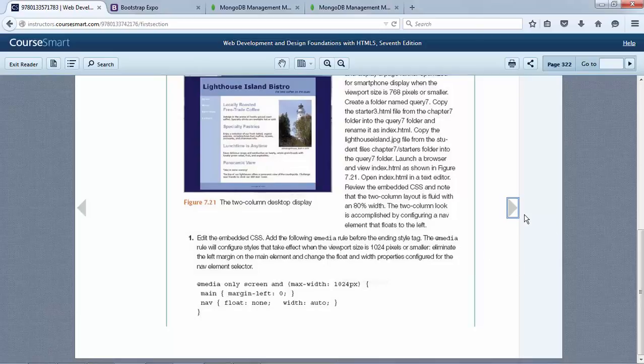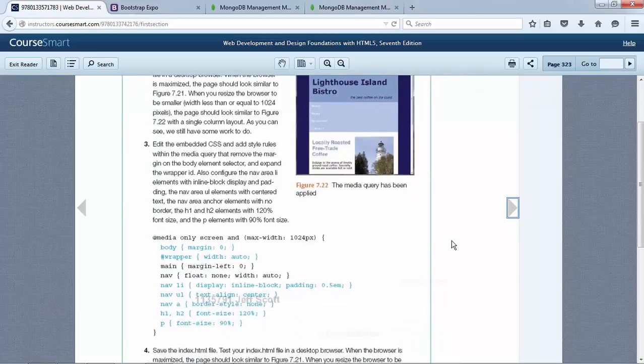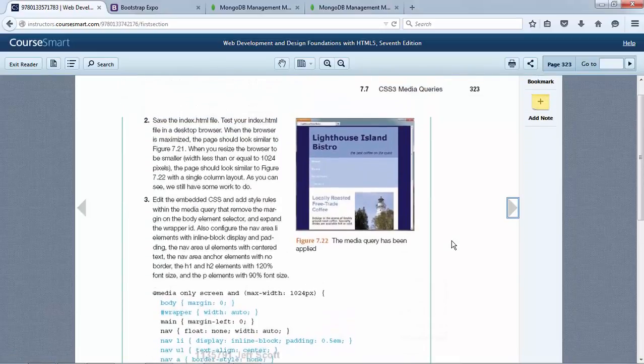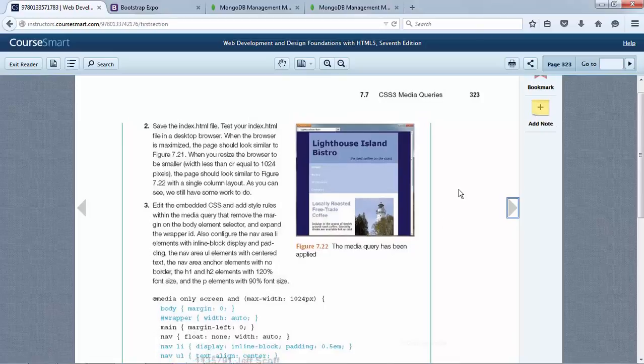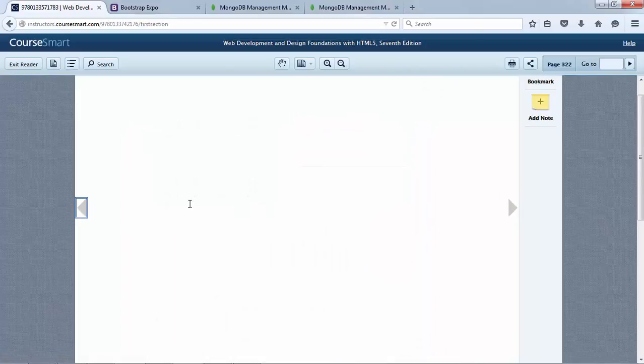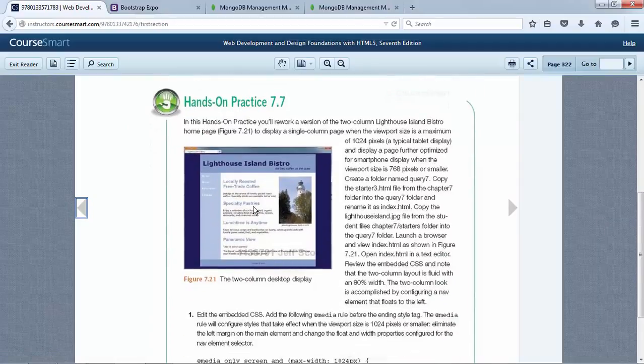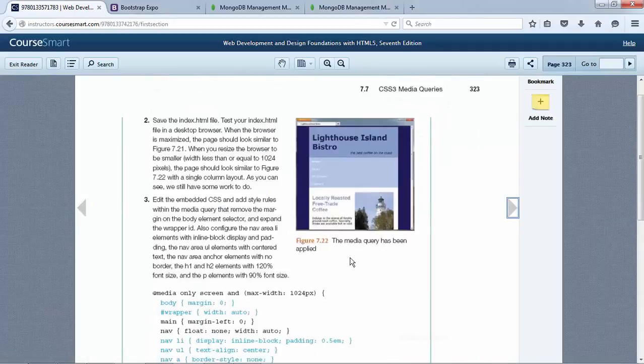And then they come in on the next page and they're resetting the media query. They want the max width, it looks like on the bottom of page 323, to be 768. So you'll see as you start to move this around, you went from a 2-column format here to a 1-column format here. And again, what you'll probably see as you shrink it down even more, and they don't show it on this example, but what you might very well see is not only would you go down to a 1-column format,